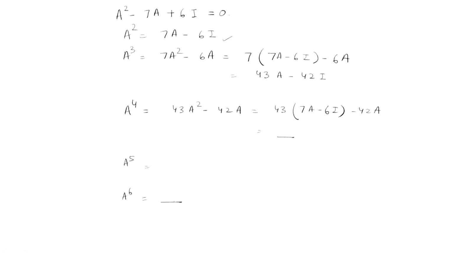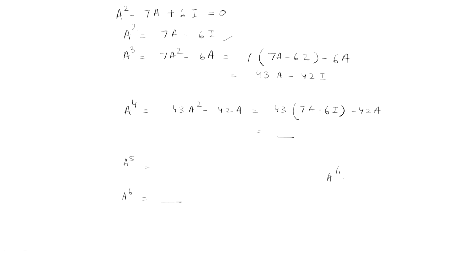Okay. So, finally you will get an expression of A raised to power 6 of this form, some alpha A plus beta I. Some expression of this form where alpha and beta can be computed by the successive computation. Then you can substitute A, because you know the matrix A and the identity you already know, you can easily find out A raised to power 6.